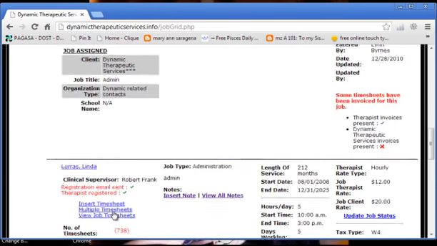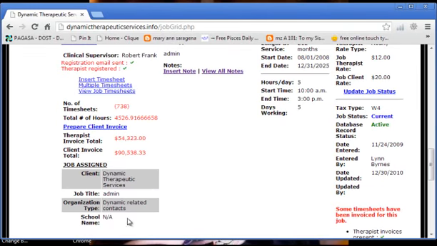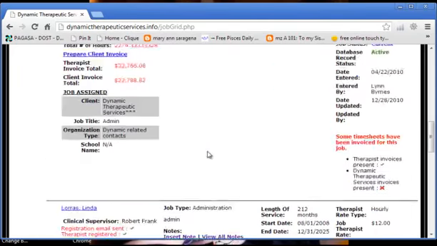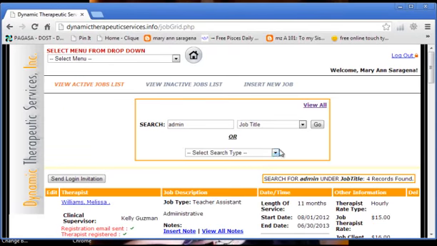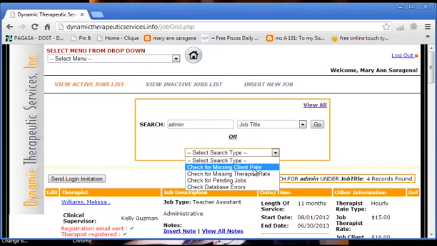See? And then below are other options on checking the missing client rate, therapist rate, pending jobs, or database errors.